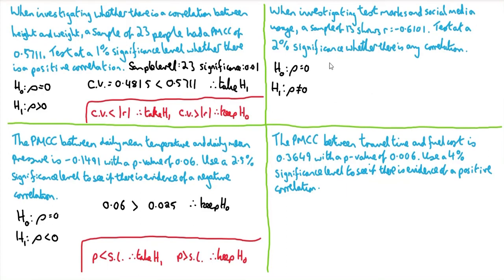We're still just going to look at a sample level of 13 and a significance of that 1%, which as a decimal is going to be 0.01. There's only one value that you can get out of the table or from your calculator for this sample level and significance level. So that means we simply have that single critical value of